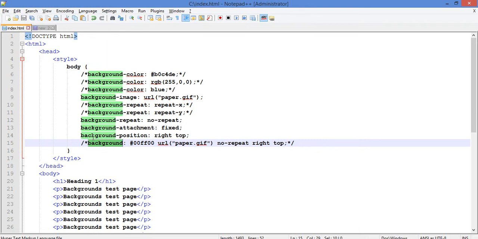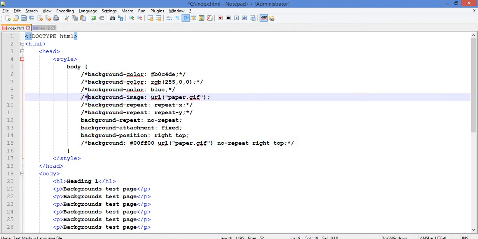But again, here the order is essential, but you need not necessarily mention a value for each and every property. So here in this example we had just four of the values. We just mentioned the background color, background image, background repeat and background position. So we didn't define the background attachment here. So let's quickly comment all other CSS declarations and see how just the shorthand notation can be applied.